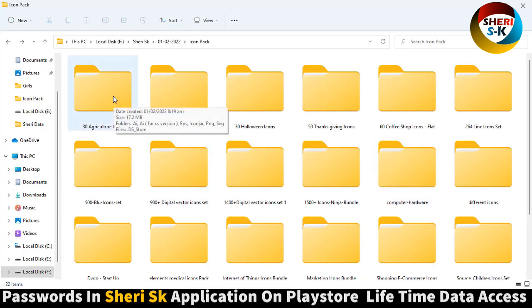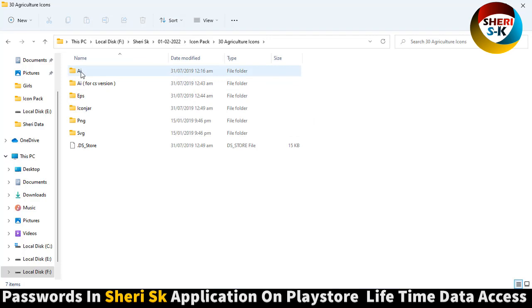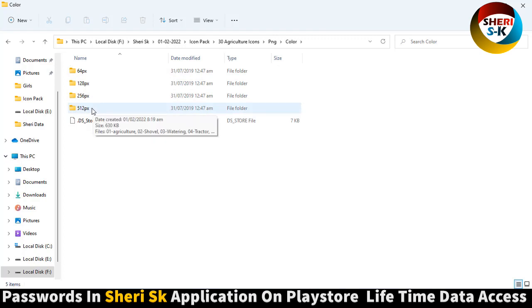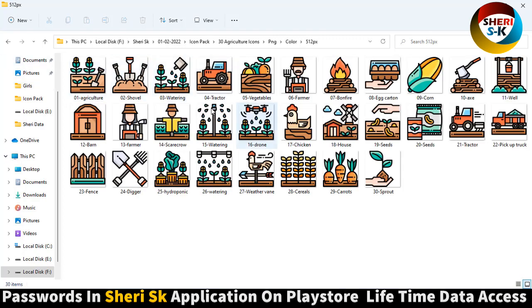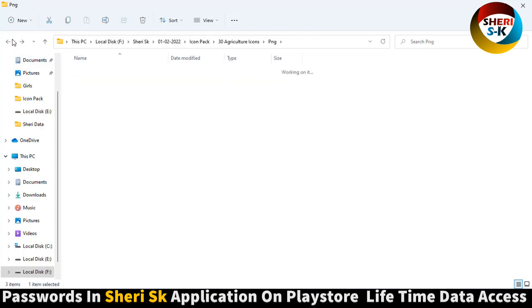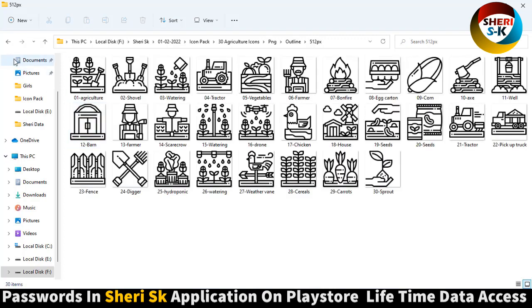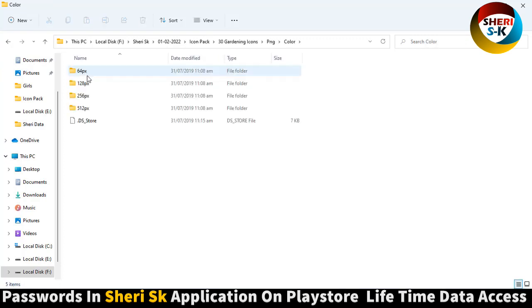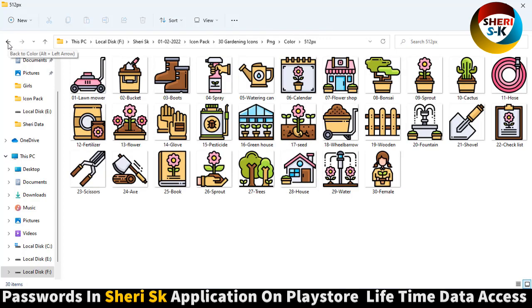Here are agriculture icons. These are in different formats: AI, CS version, EPS, PNG, SVG. Here is color or outline. Here is agriculture, and here is outline. Okay, and next is garden icon, PNG color, and okay,